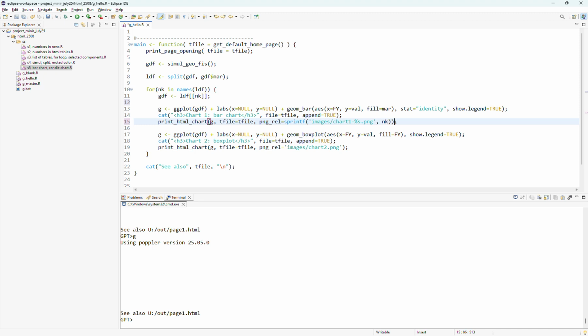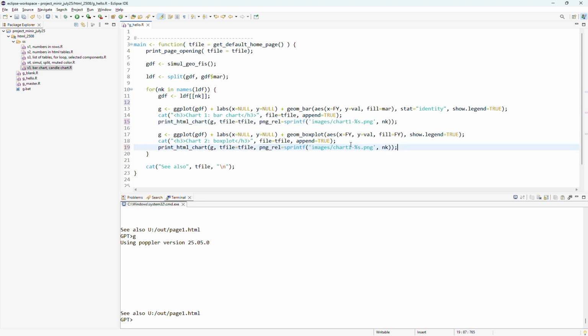So if the NK is Singapore, it will be substituted in this S and becomes Singapore, and the same thing happens with Thailand or Malaysia. I will do the same thing with chart number 2,